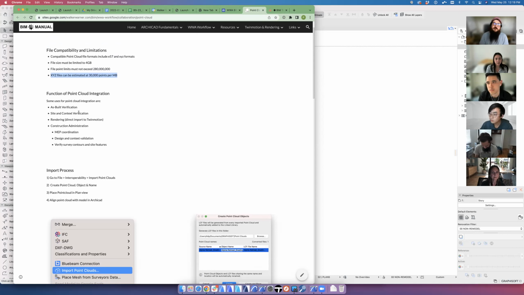Some common uses or ways that we might be able to use point cloud. The primary use is really as-built verification to check what's on the site, what's in the building, what's been built. If it's a remodel project, we could do point cloud to verify our as-built model. Site and context verification. So if we have a terrain model, obviously there are margins of errors with any survey,